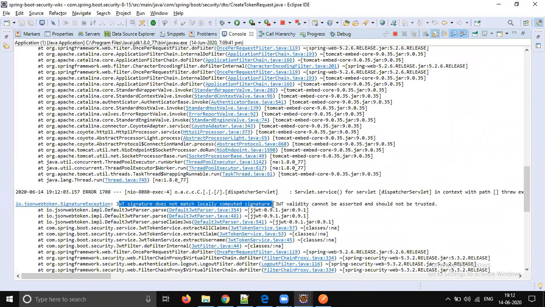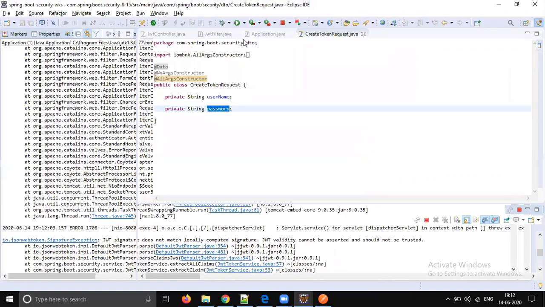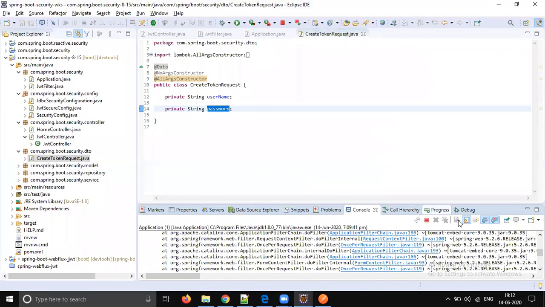Whatever token we are sending, it's not matching with the signature generation part. It is part of the io.jsonwebtoken library, which takes care of decrypting and encrypting the string. So it is just a simple URL issue, nothing else.